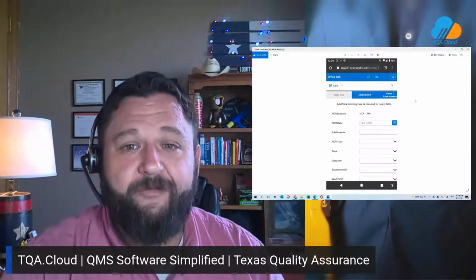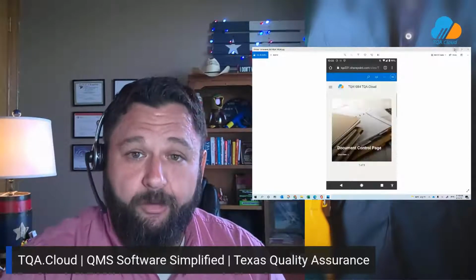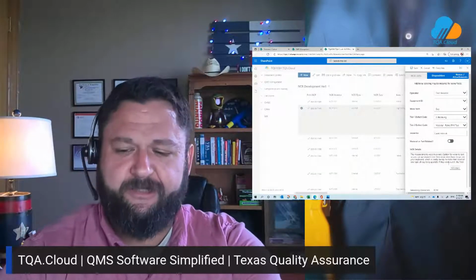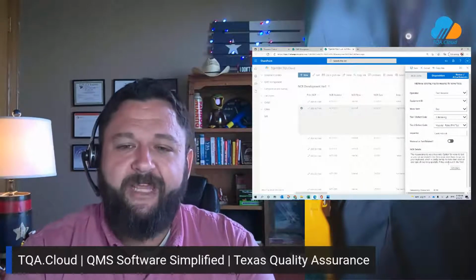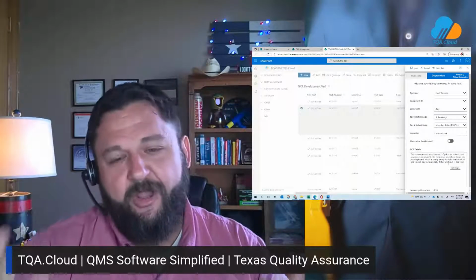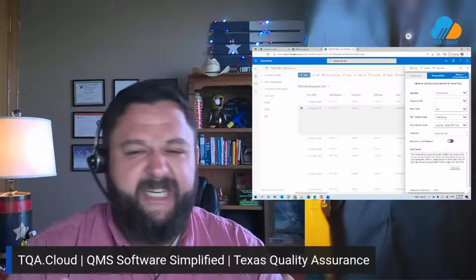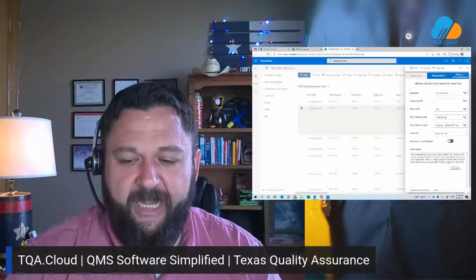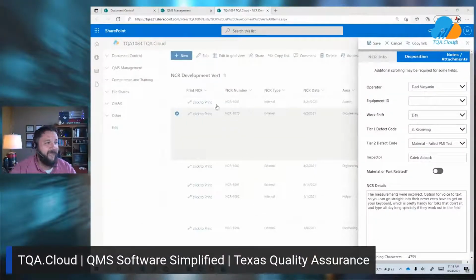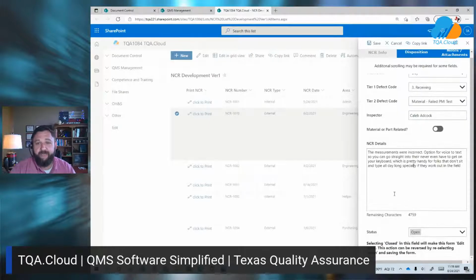One of my personal favorite features when working from a mobile device is the voice to text feature, especially for the non-conformance report details here. Again, let's put yourself in the position of the shipping receiving attendant. You're getting up and down off of a forklift. Your hands are probably a little greasy and grimy and dirty, and you're just not in a good situation to tap out commands on the cell phone. Well, not a problem. We can do a voice text straight into the NCR details here. All of these are pick and play drop-down options, so you get the information you need really quickly and easily.